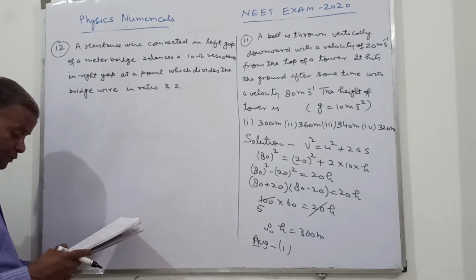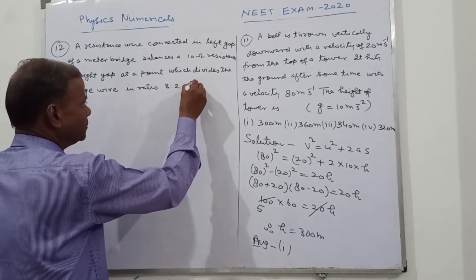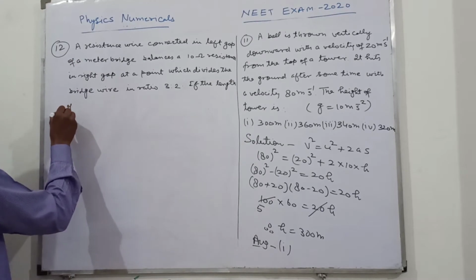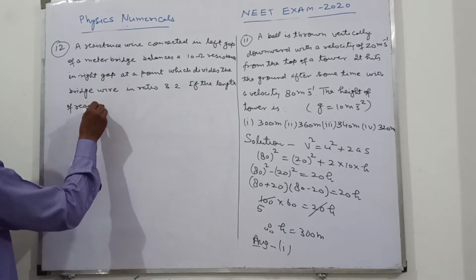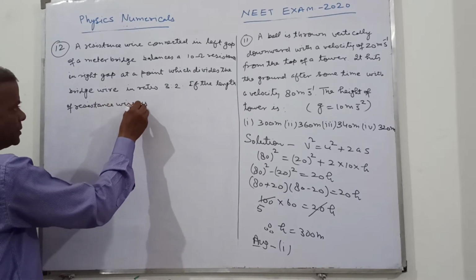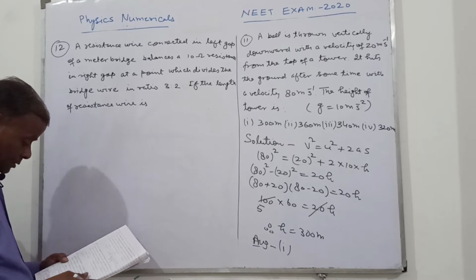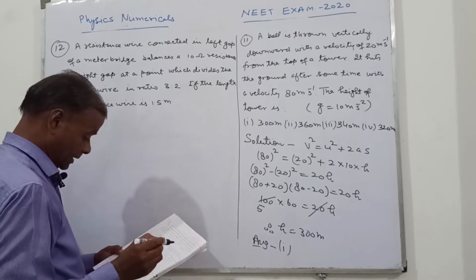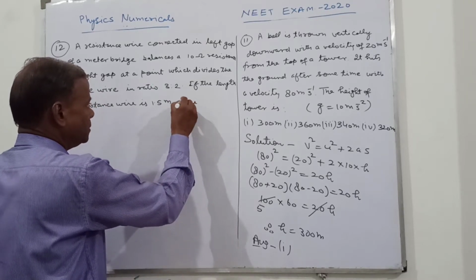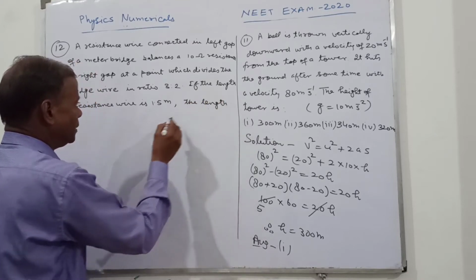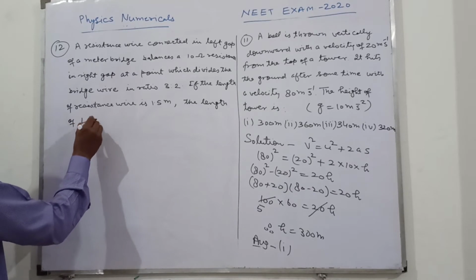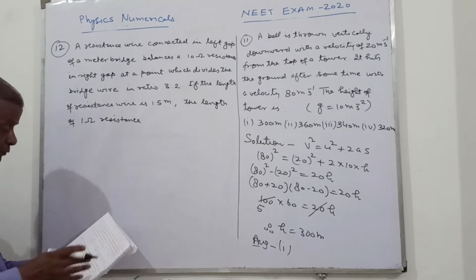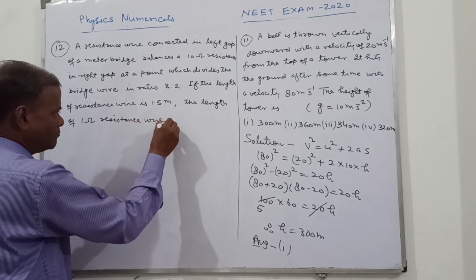If the length of the resistance wire is 1.5 meter, the length of 1 ohm resistance wire is,